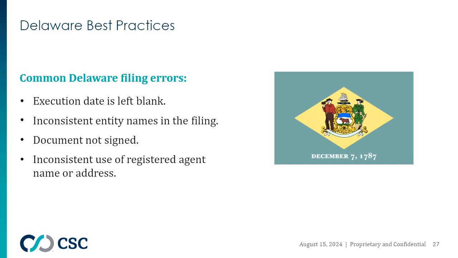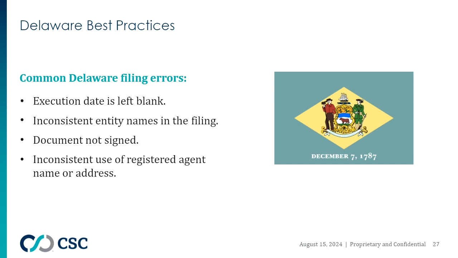Please note the CSC cannot secure the file date if the document is not signed. So we don't want anybody to lose their file dates just simply because the signature is missing. Another error that we tend to see is people using the wrong form or referencing the incorrect sections of law. So the best way is to get the documents right from the Delaware Secretary of State site so you can ensure you're using the correct up-to-date form.